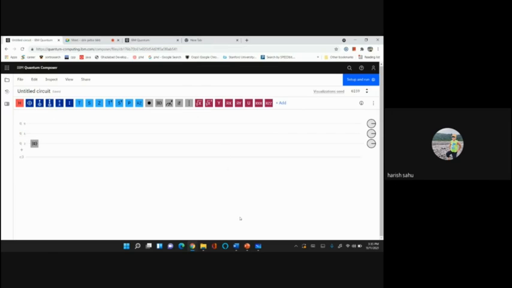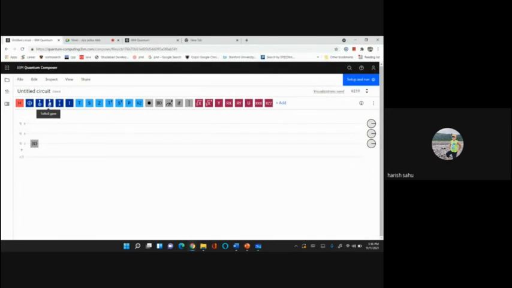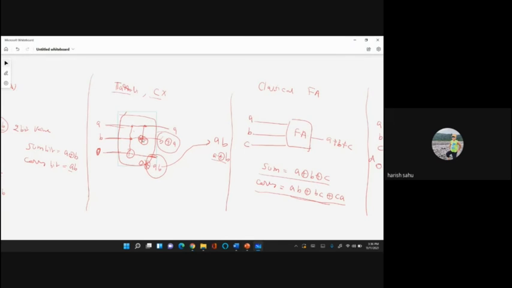The first 2 qubits will be control and the third will be target. There is this Toffoli gate available. You simply drag and drop it here. So Q0 and Q1 are control, and the target will be flipped depending upon the value of the first 2 qubits.